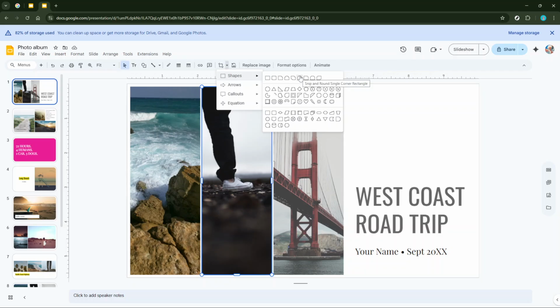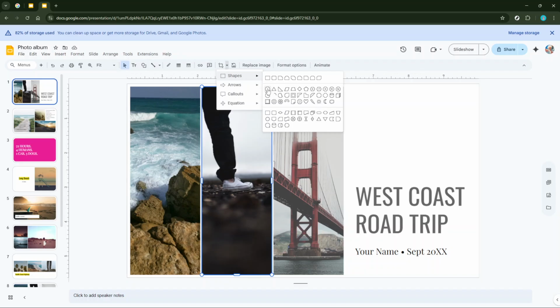This opens up a new world of possibilities because you can now convert your image into various shapes that Google Slides offers. Once you select Shape, you'll be presented with various shape options. These range from basic shapes like rectangles and circles to stars, arrows, and many more fun options. For today's demonstration, let's decide to go with a circle. Click on the circle to select it.